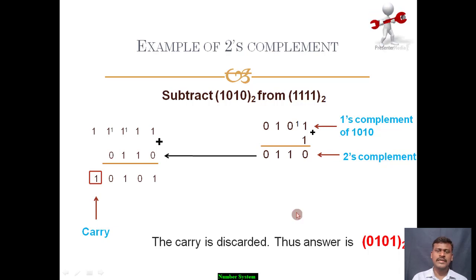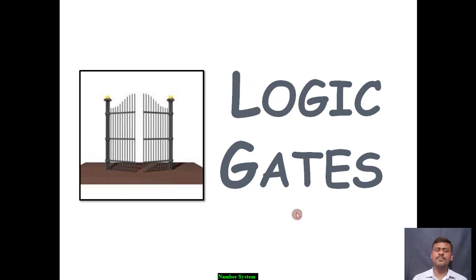Now we will move on to the next and the last topic, that is logic gates. Before moving on to what logic gates are, we will first check that in the introduction section we have discussed logic circuits, right? That is, we are going to use digital circuits for making the on and off of binary number states, that is off state, on state. To make that we are going to use some circuitry, that is digital circuits. Those digital circuits need to be built using logic gates.